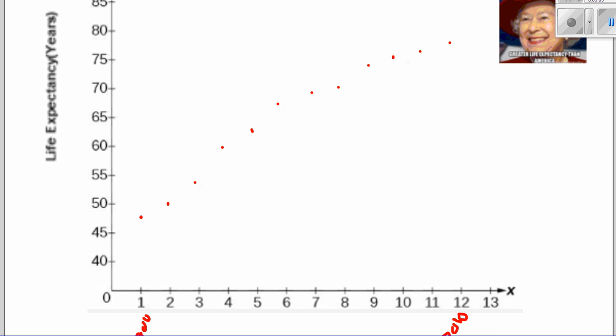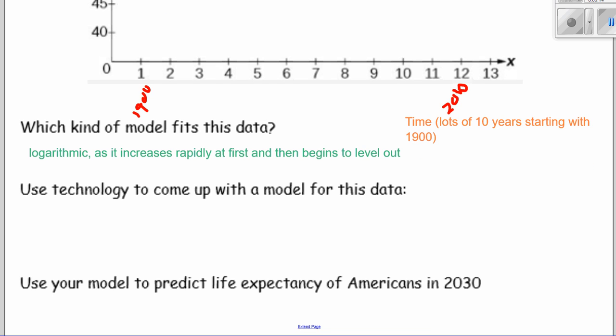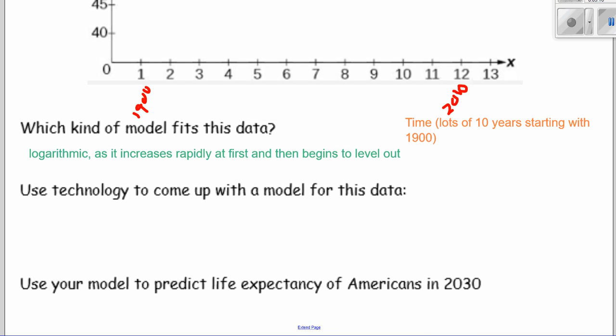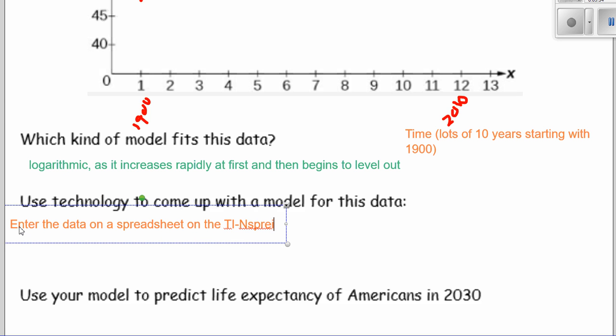Next, use technology to come up with a model for this data. So the fact that it's logarithmic means we're going to do a logarithmic regression. So I'm going to say enter the data on a spreadsheet on the TI Inspire, and then go menu, statistics,